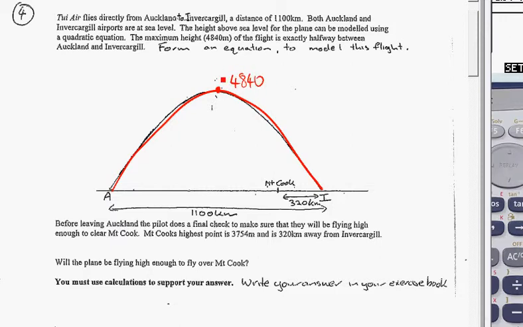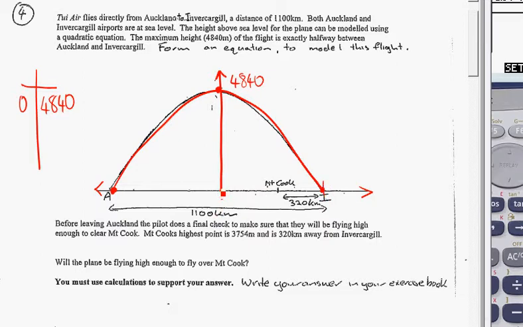So once again it would be quite helpful to put a y-axis down through the centre, and clearly I have an obvious x-axis. Now to find the equation to model this flight we need 3 points on the curve. 1, 2, 3. So obviously one of them is the y-intercept, 4840. Now this point over here, I can see that the total distance across between the two is 1100, which